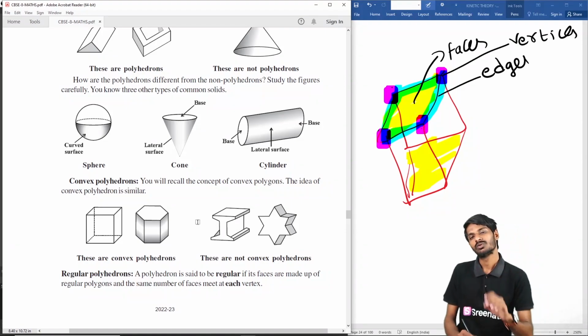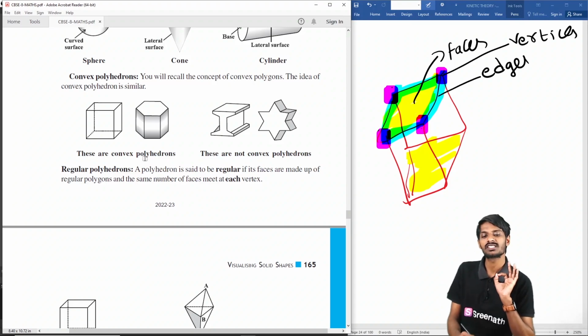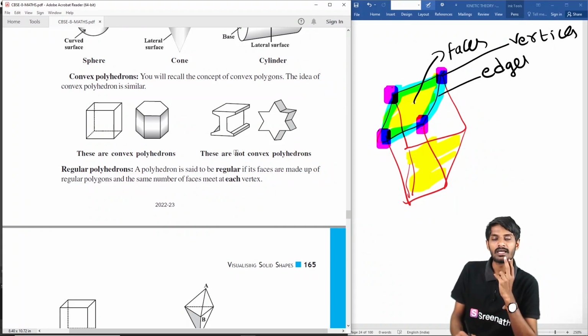Coming to the definition of regular polyhedrons. When will we say a polyhedron is regular? If its faces are made up of regular polygons. So a regular polyhedron has faces made with regular polygons, not curved surfaces. Regular polygons like a square, pentagon, shapes like these, and the same number of faces